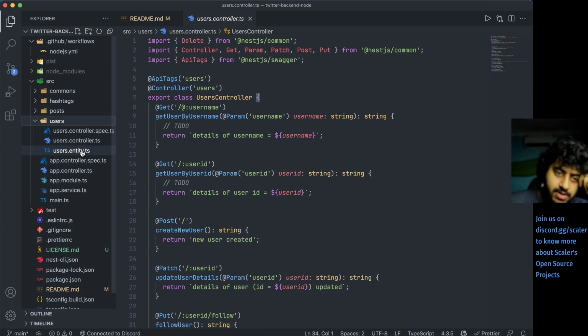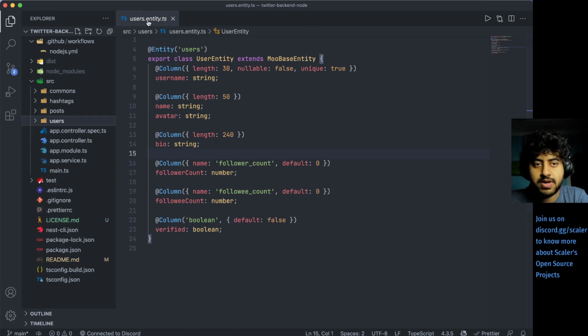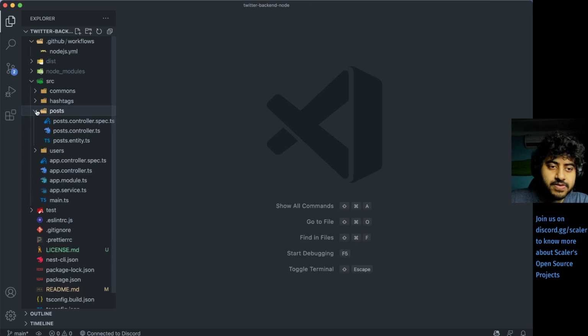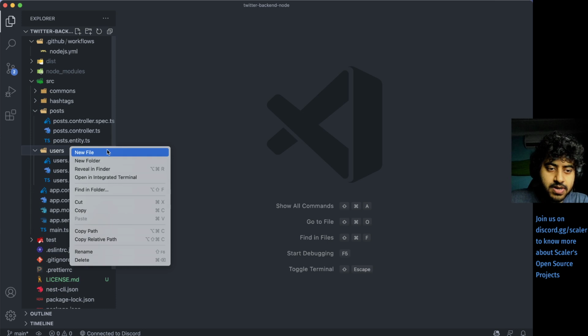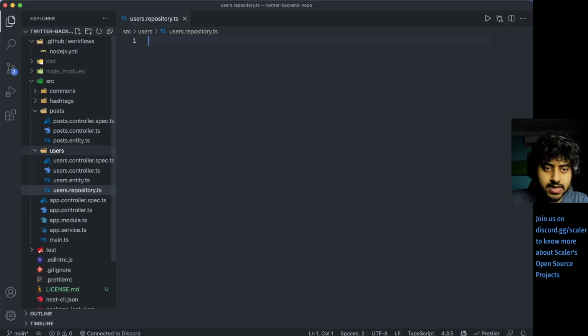So we have the user entity, which is the user database stuff. We have not built the user repository, so let's go and build out the repositories. Okay, so how do we build repositories? So under users, we can create a new file, users.repository.ts like this, and